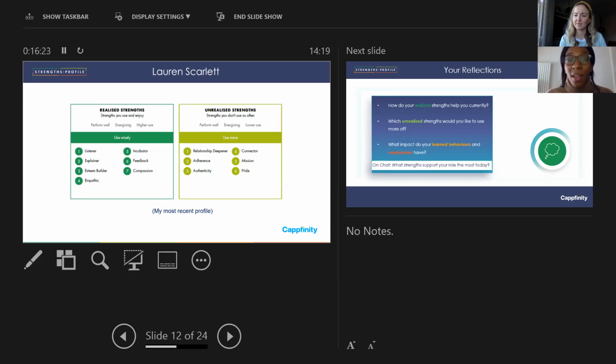Now, in terms of my career, if I wanted to use those prevention planning and organizing skills more, absolutely I would, and I'd be fine to do that. But right now I'm happier using my listener, explainer, and those types of strengths. So hopefully that brings to life for you how I've talked about using the language of strengths, and how I've used what I needed when I needed to.